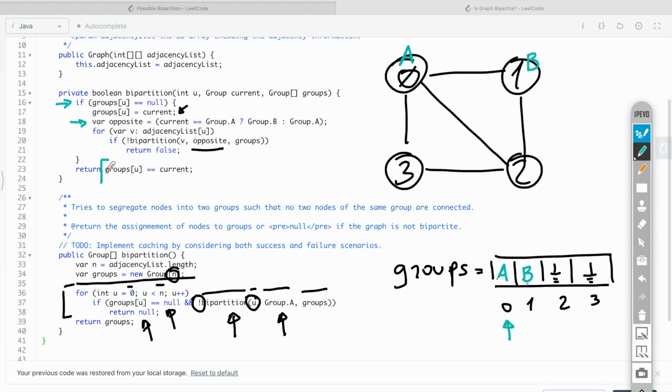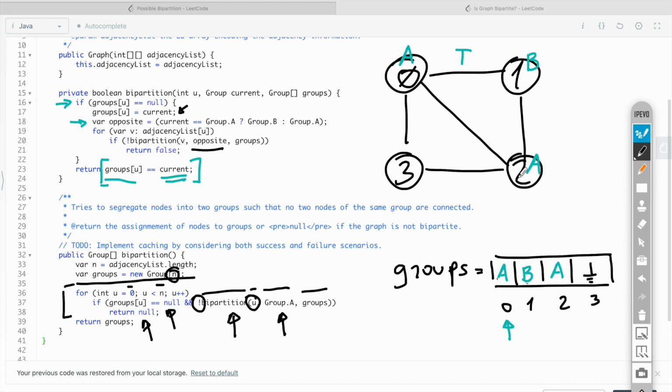And what happens here is this checks whether the required group is the same as what's already been stored here. And in our case, since 1 is demanding 0 to be in group A and 0 is already in group A, this will return true. So this will be okay. Next, node 1 will call recursively for node 2, passing group A to be a required one. And since node 2 is still unassigned, it will be assigned to group A.